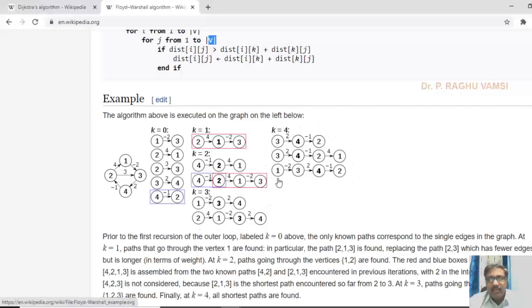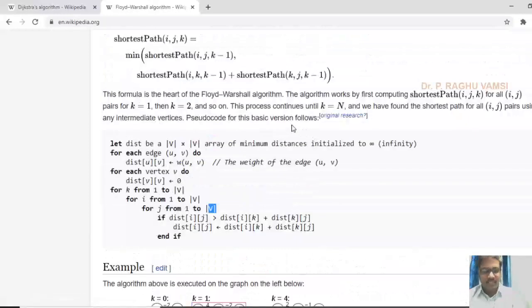In the last round, 3 4 2 will be calculated, 3 4 2 1 will be calculated, 1 3 4 2 will be calculated. So like that, in every iteration, the paths between pairs of vertices will be calculated, and whatever the minimum path is, that will be considered. By the end of the last round, that particular set consists of the paths with the minimum weight. This is the Floyd-Warshall algorithm, and this is a very simple algorithm to implement and easy to understand, and it also works